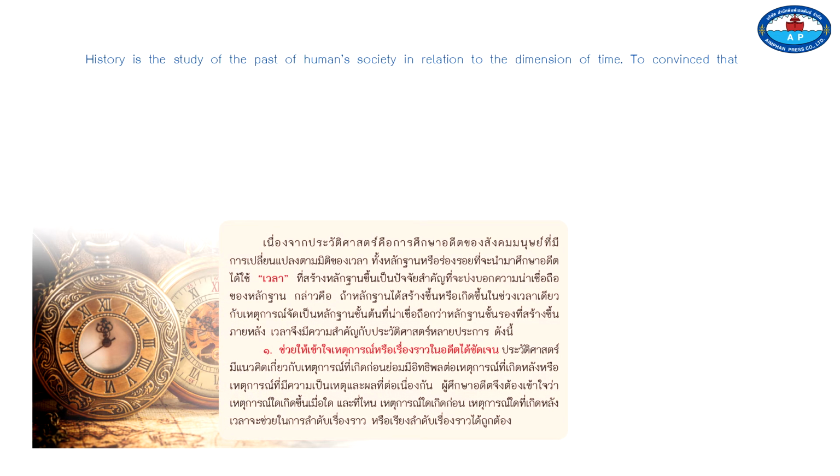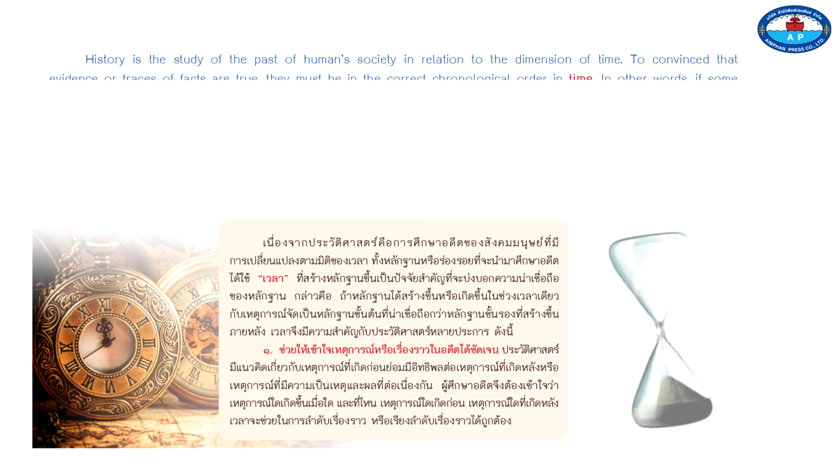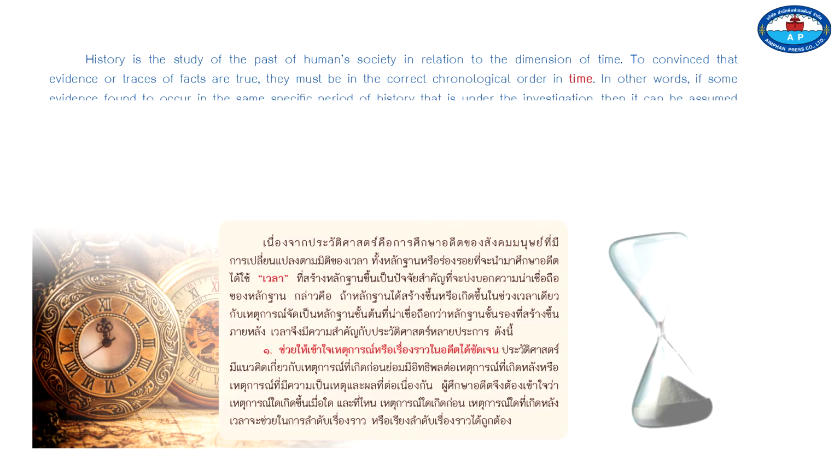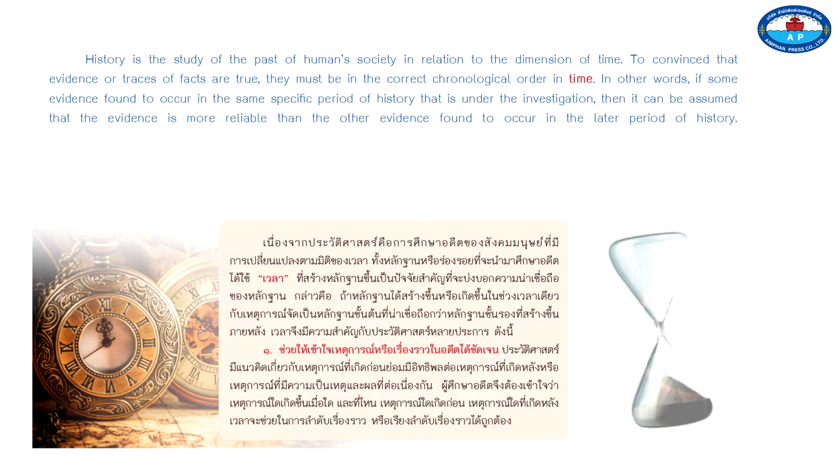History is the study of the past of human society in relation to the dimensions of time. To convince that evidence or traces of facts are true, they must be in the correct chronological order in time. In other words, if some evidence found to occur in the same specific period of history that is under the investigation, then it can be assumed that the evidence is more reliable